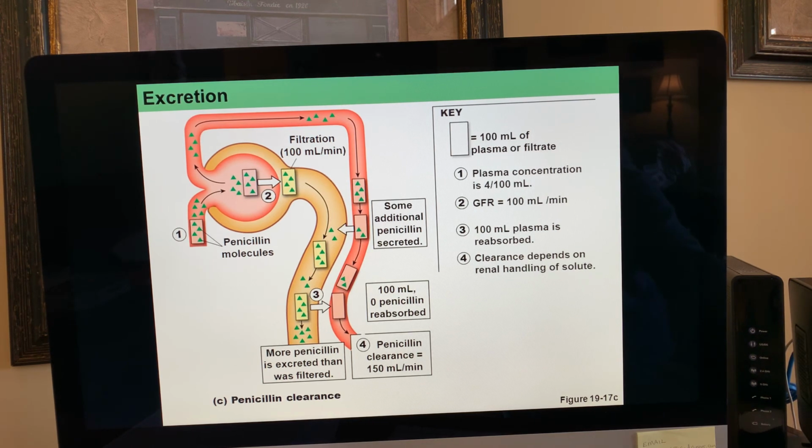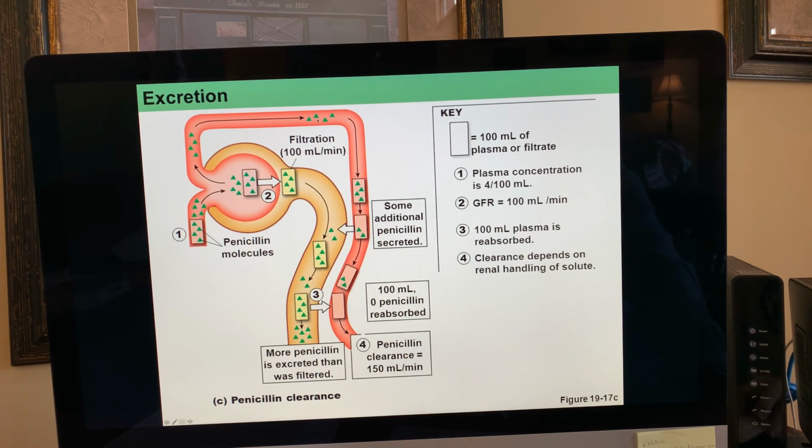Some drugs are excreted by secretion, penicillin being a classic one. Penicillin, here's penicillin molecules entering the glomerulus through the afferent arteriole. Since penicillin can actively transfer through the glomerular capillaries, some of the penicillin will end up in the glomerular capsule at the same concentration as that will be in the efferent arteriole. This will continue down the proximal tubule, and ultimately the